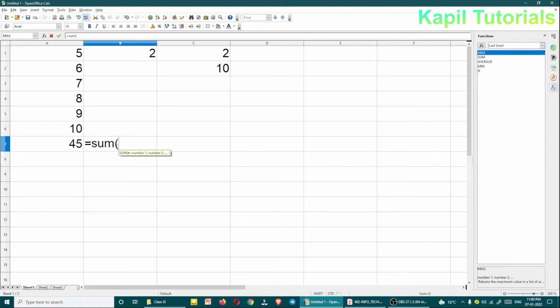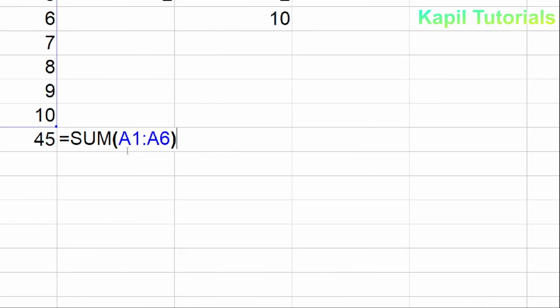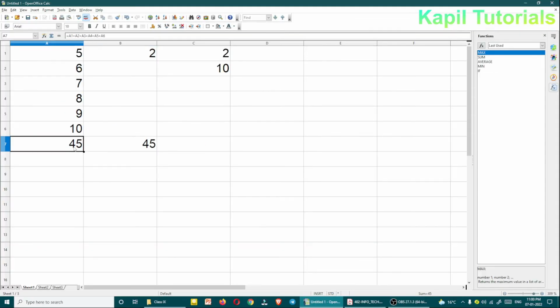Bracket start, and then you have to select the whole data which you want to add, and then bracket close. Now if I press the enter key, the answer is the same, but if you watch here, it's so easy: sum A1 to A6, but here I have to write A1 plus A2 plus A3, A4, A5, A6.